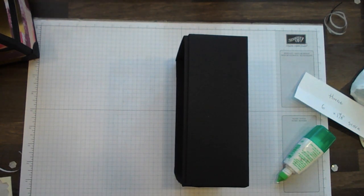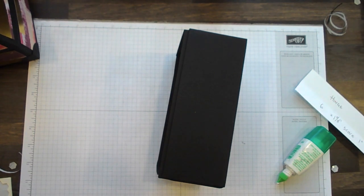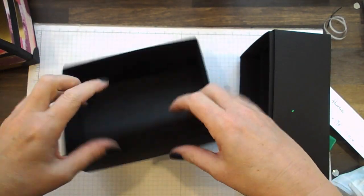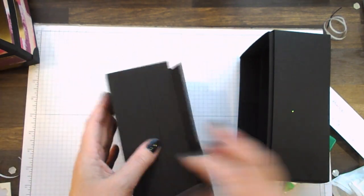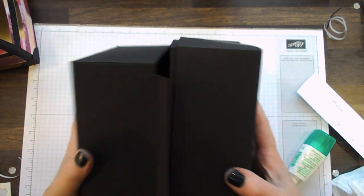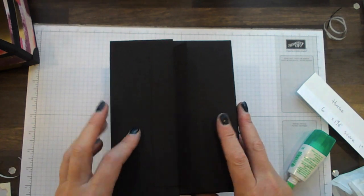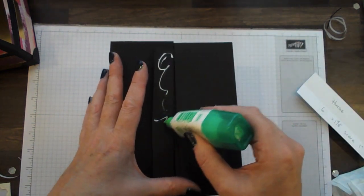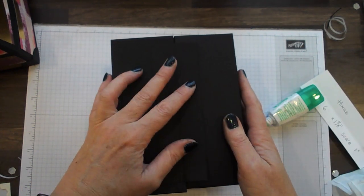And I'm just lining that up just a fraction above the so that the hinge is going to move freely once we get that onto the box. And then the easiest thing to do then is to bring the base of the box in, so we make sure we have it in exactly the right position, and then put some glue down here, push it together and